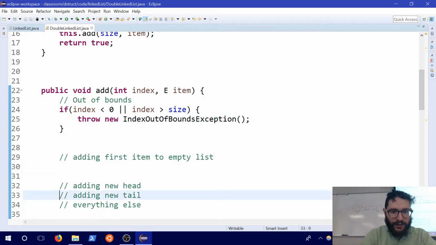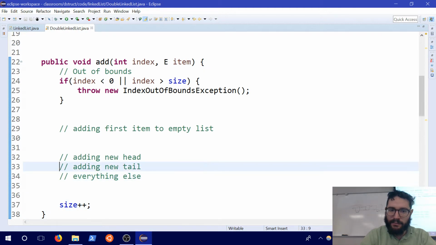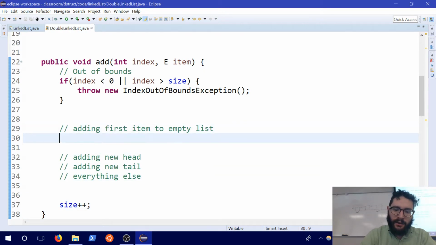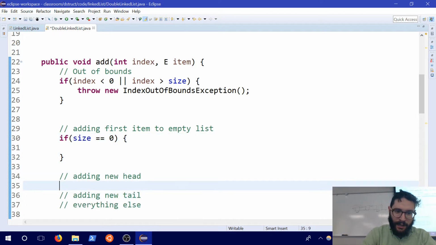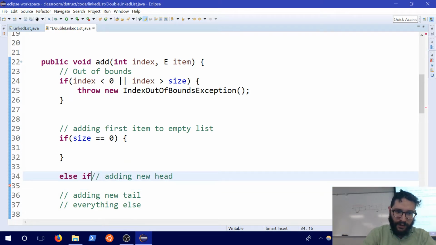Adding the first item to an empty list. So let's go ahead and write up our conditions. And these all have to be mutually exclusive conditions. In other words, they need to be a series of if, else ifs, and then an else on the end. So if the current size of the list is equal to 0, that means the list is empty. Else if,